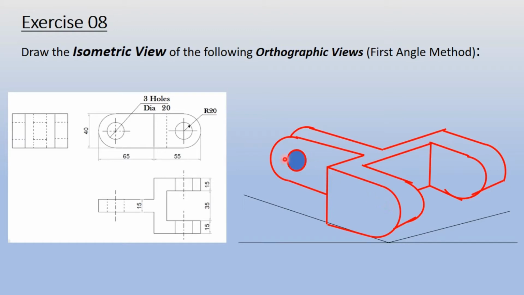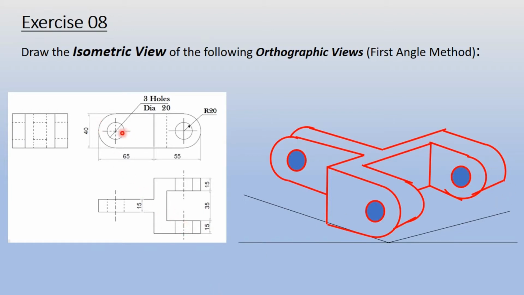Now you can observe the hole here. This is the hole. As you can see, the dotted lines are only in this portion, not anywhere here or here. This is the empty space. That is why this hole is coming in this portion only. And you can imagine some gap here, and in the back portion also, as viewed in the top view. So this is one hole. Again, this is a hole here as viewed here, and one more hole here. This is the third hole here.